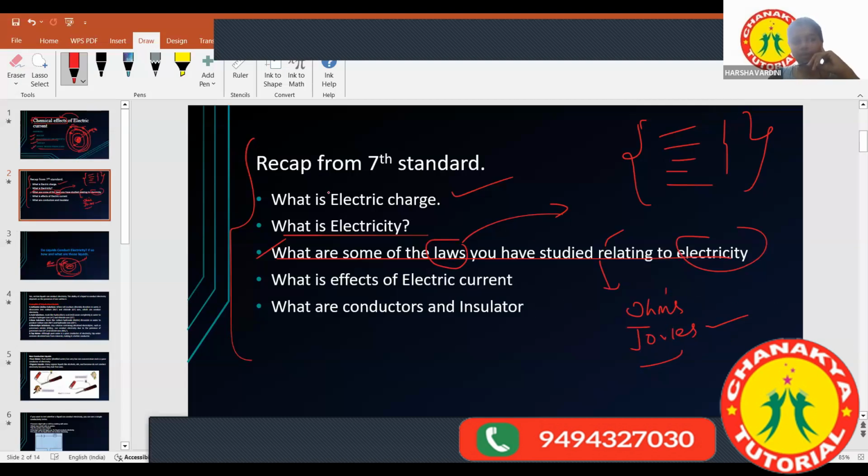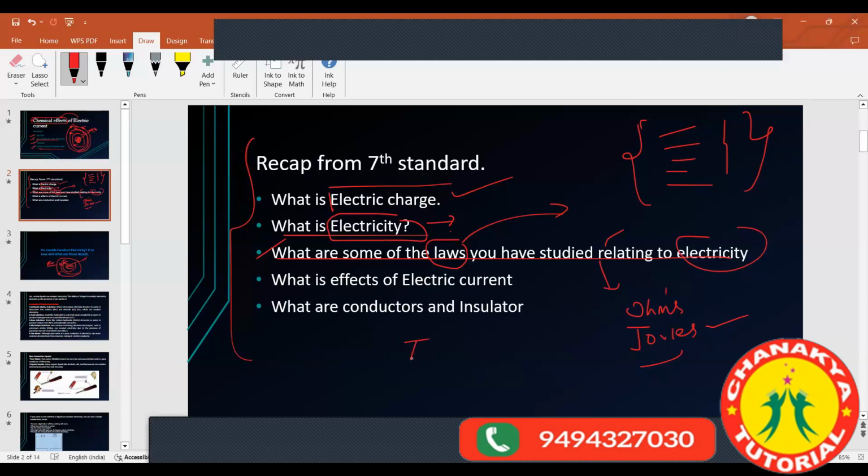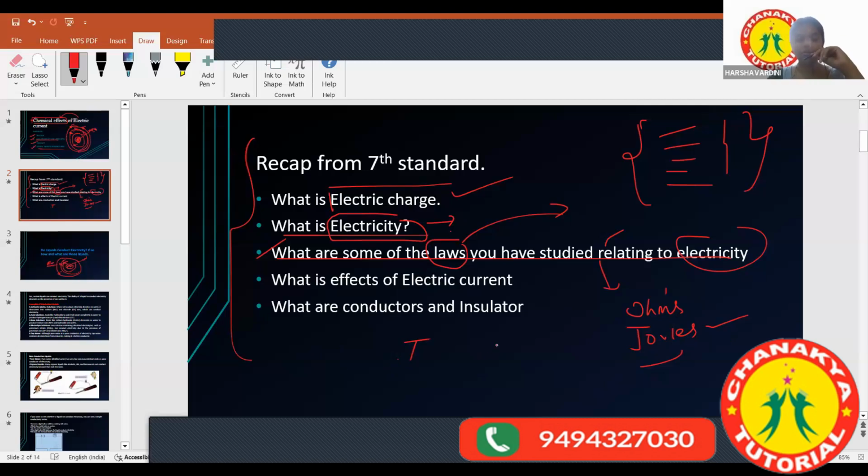Can anybody tell me the formula to find electric current? I want the formula for electricity. If I'm giving you one problem, for example, you told me the flow of charges is called electricity, right? If I'm telling you some 20 electrons are passing through certain circuits, I hope you all know what a circuit is. An electric circuit, yes, ma'am.